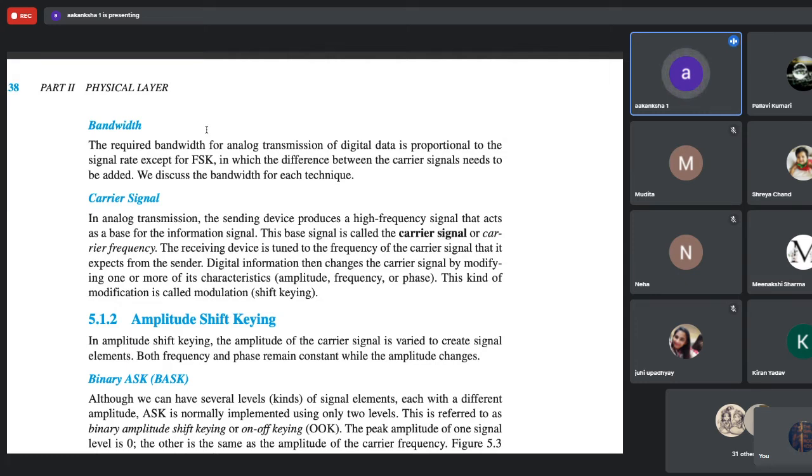सो रिसीविंग डिवाइस होता है बिकॉज यू आर मॉड्यूलेटिंग एट द सेंडर साइड, तो रिसीवर डिवाइस के पास भी एक डीमॉड्यूलेटर ऐसा होना चाहिए जो उस कैरियर फ्रीक्वेंसी पे ट्यून हो और उसको इंटरप्रेट करने के लिए और एक्सेप्ट करने के लिए ready. And you have to have a receiver which is expecting what the sender is sending. Now you must have seen, we have discussed this example earlier also, like this FM radio.